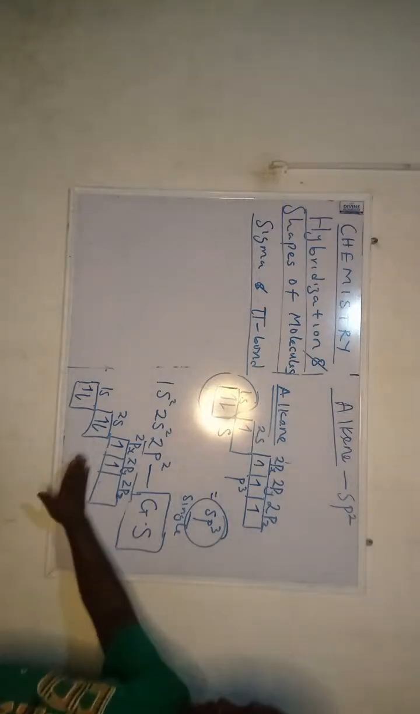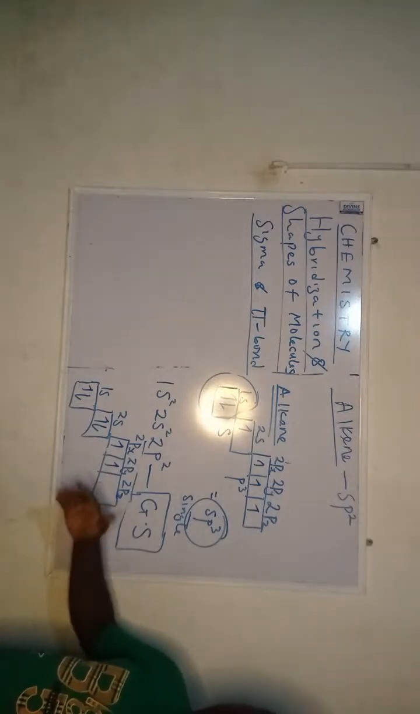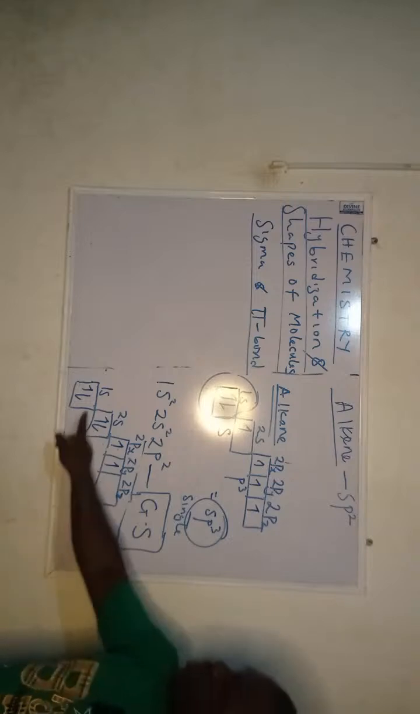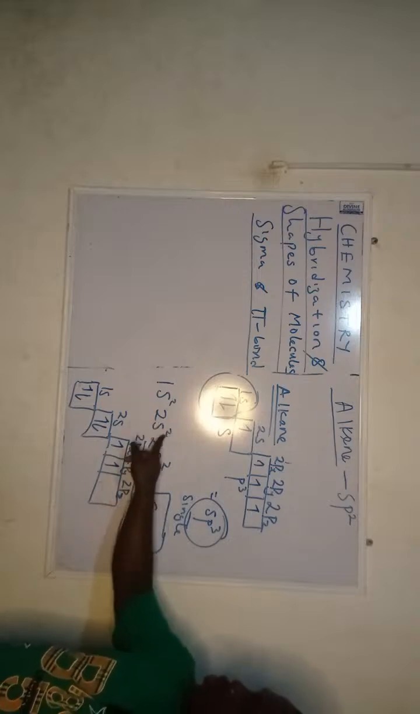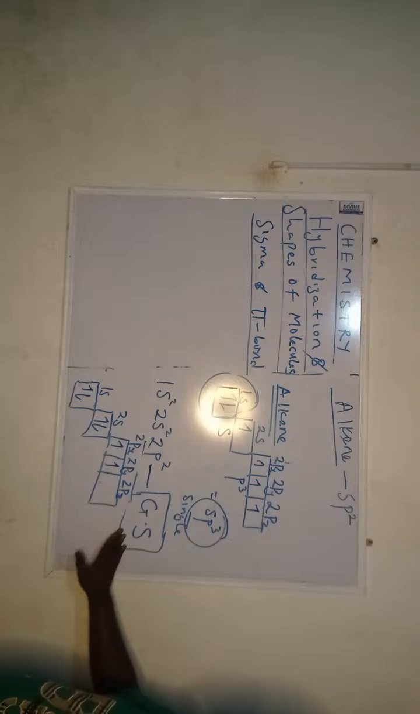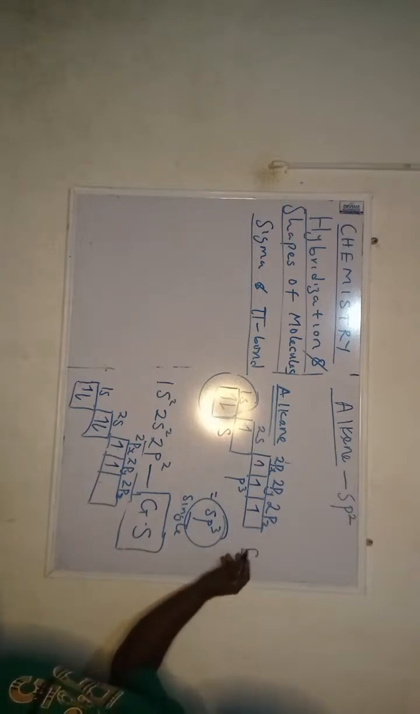If I want to explain the sp2 hybridization, it's still the same thing. I don't want to rewrite again. The ground state of carbon is already stated here. So you have 1s2, 2s2, 2p2, that's 6. And then you have the 6 here at the ground state. At the excited state,